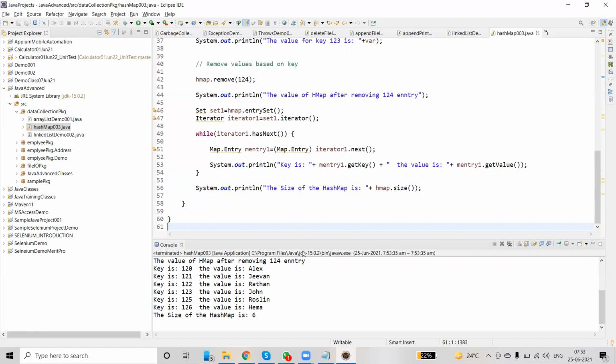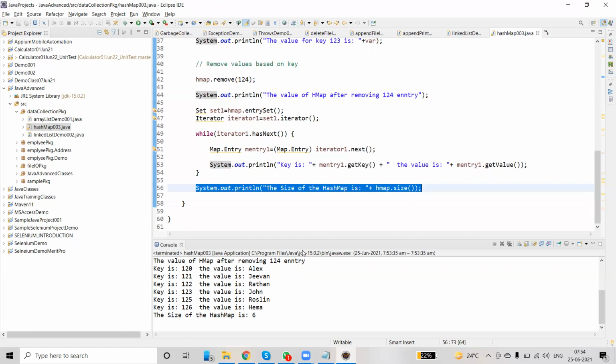We can also remove all mappings from the hash map, as I told you. We can also check whether a particular hash map is empty or not. How to check? We have a very simple method called isEmpty. No, it is not empty.